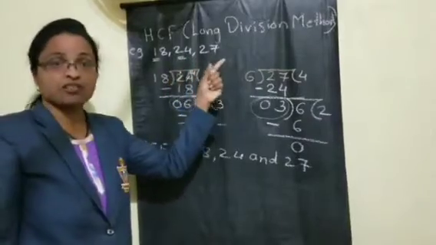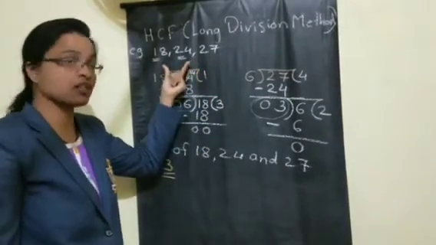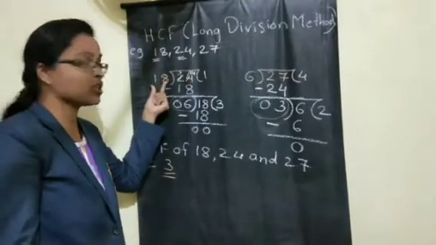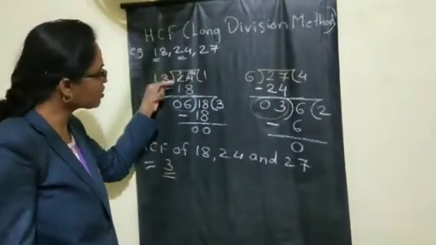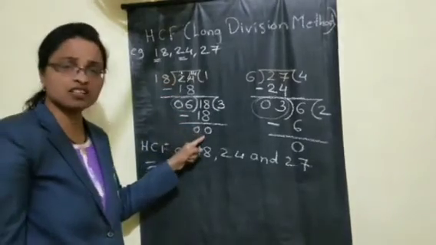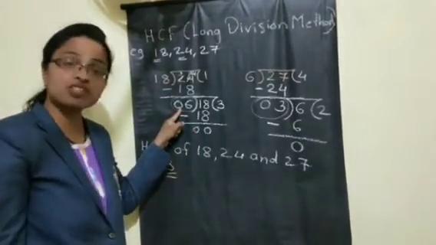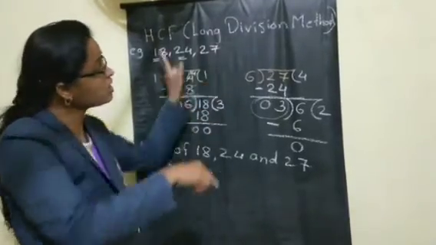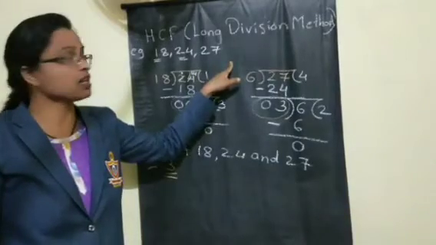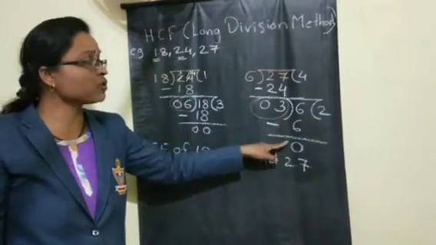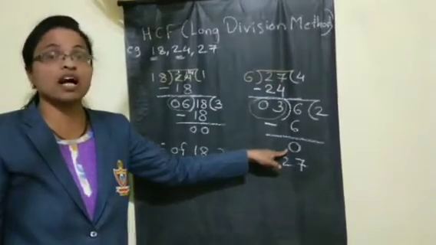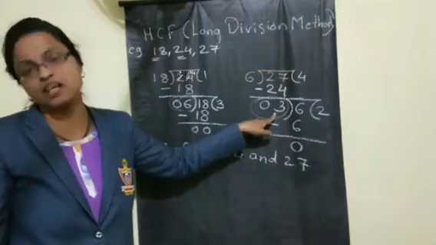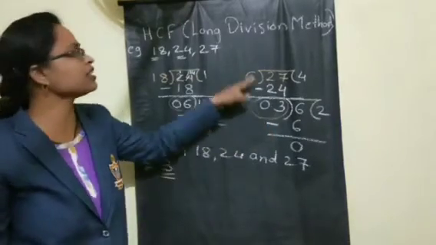From the 3 numbers we selected the first 2 smaller numbers. Of those, the bigger number we took as the dividend and the smallest number as the divisor. We divided till we got 0. And the divisor by which we got 0, we continued with the third number. We also have to go on dividing that till we get 0, and the last divisor by which we get 0 is our highest common factor for all the numbers.